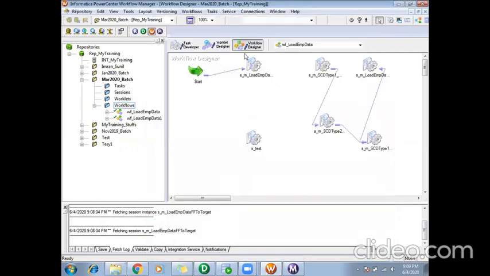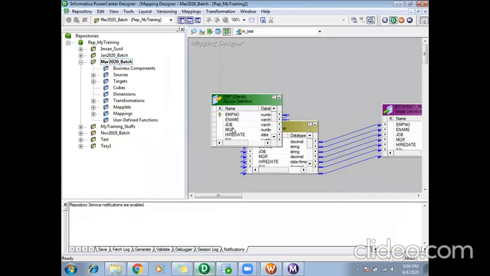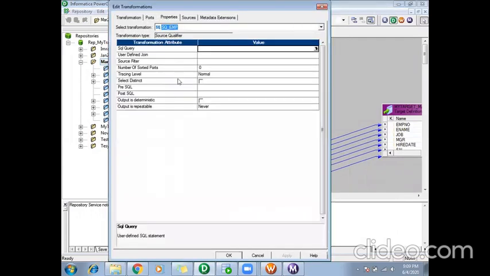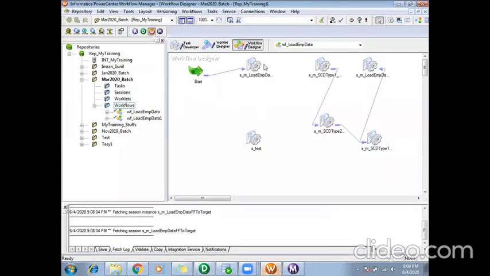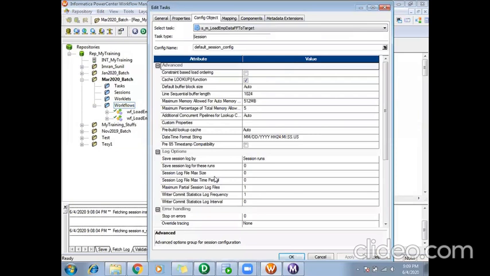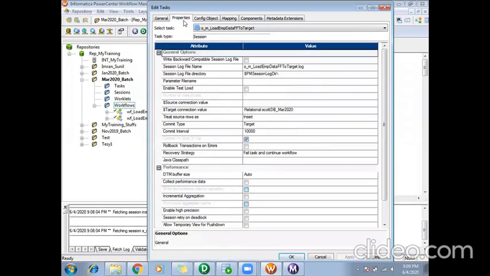You can create the logs only for your workflows and sessions. Within the sessions only, mapping logs will come. There won't be any separate logs for mapping. And if you want to get the detailed logs, as I told, in every transformation we have a tracing level. You can select verbose initialization or verbose data. Even at the session level we have this tracing level option, which you can select to get more detailed logs here.